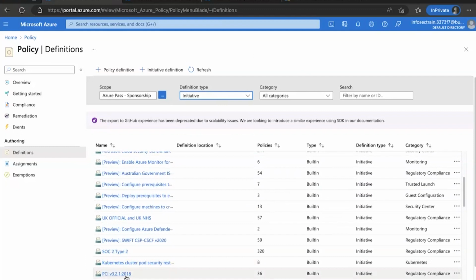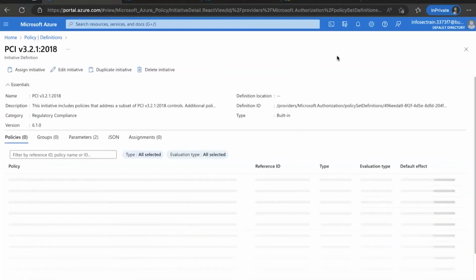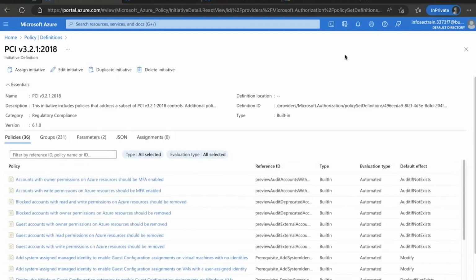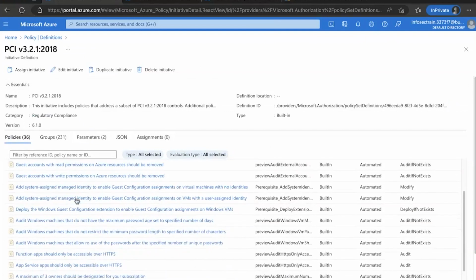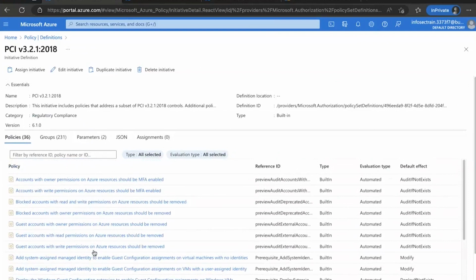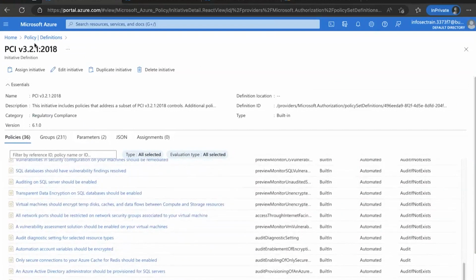If I want to check whether my subscription, my specific resource group, my resources, or the architecture that I have created over here are PCI DSS version 3.2.1 compliant or not, I can apply the initiative. Initiative is nothing but the collection of your policies. So 36 policies are inside this one, you can see. You can choose which one you want to implement and which one you want to remove. That's just up to you. But it will be the collection of your policies over here.